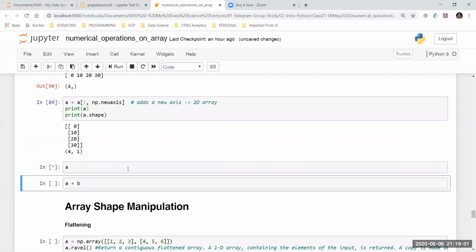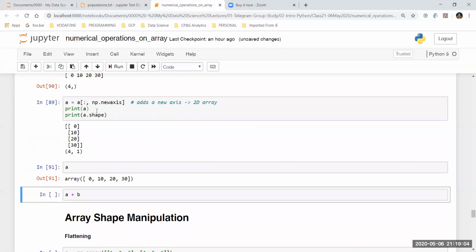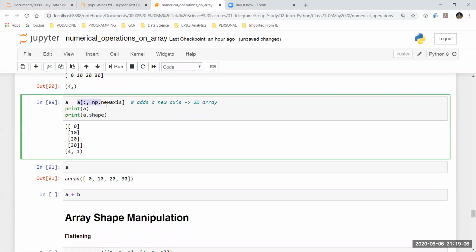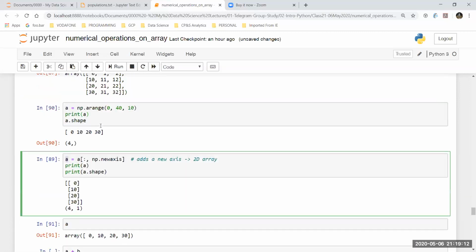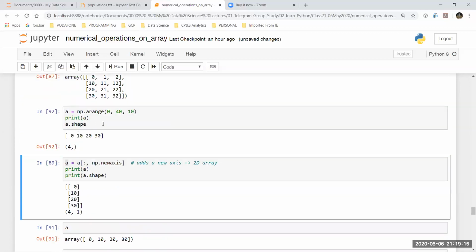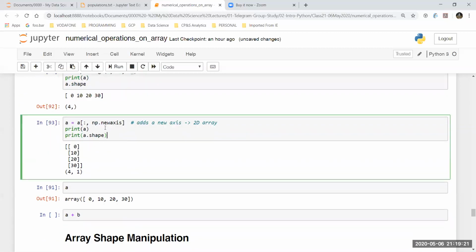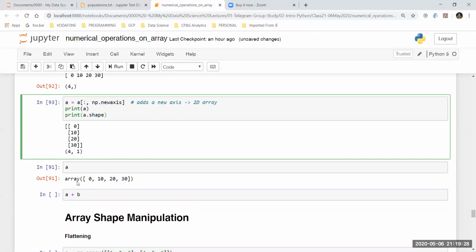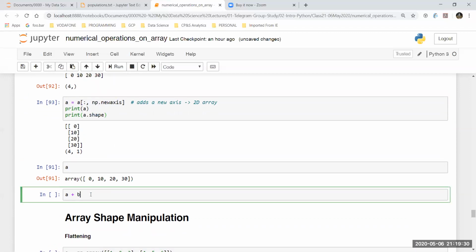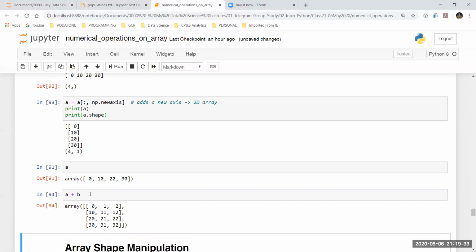So what happens with A now? So A is this, and I have already applied a function like this. So why didn't it convert that here? I have already created an array A which is in this 1D structure. Then I'm trying to use this new axis and convert it like this, but it does not change the value. So if I do an A plus B, I'm still able to do it.